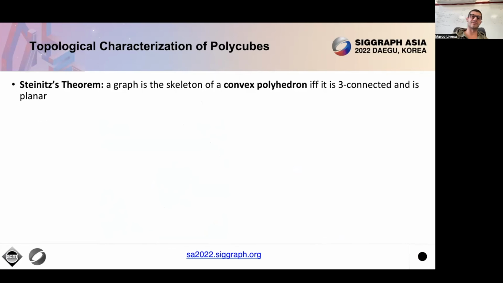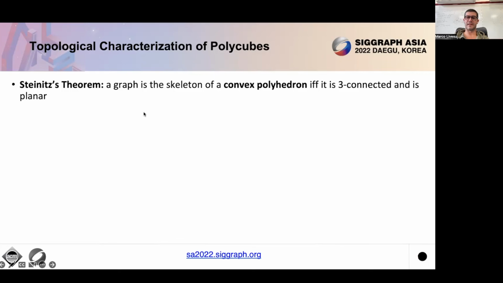Another important theoretical limitation of current approaches, in this case we're talking about polycube approaches, is a topological characterization of polycubes. As I said in the presentation regarding polycubes, what you would like to do when you define the structure of your polycube is to be able to say, okay, this graph, so the set of corners and edges that are defined in the separation between the charts in my polycube segmentation, defines or does not define a valid polycube. And this is a graph characterization problem, which is quite abstract and has been looked at already by researchers in the field of graph